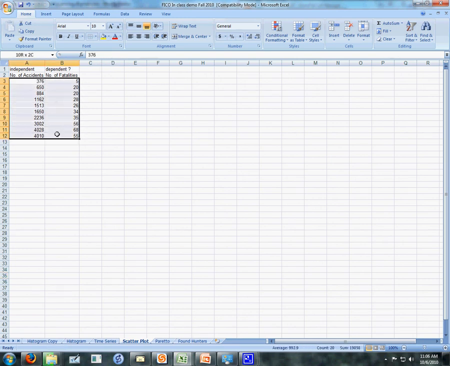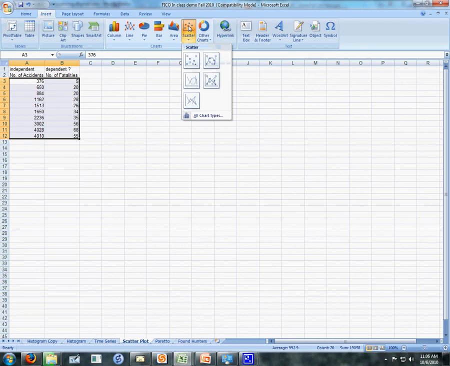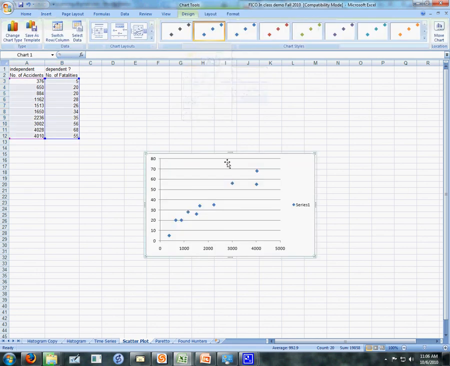So what we do is we put this on a scatter plot. In this case, we have an x and a y axis, and we're going to do a scatter plot. So we select both the x and the y's, and we then insert, and we're going to say scatter plot. Make it look something like this, and we can establish a pattern that says, hey, you know what? The more accidents you have, the y-axis, the more fatalities you're going to have. Kind of makes sense,